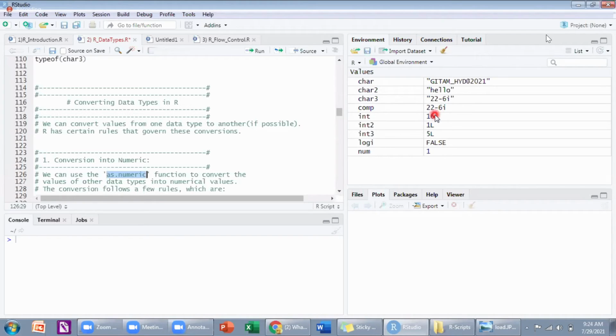Logical. I have true or false, only two things. Now tell me what will happen if true, and what will happen if it is false. If it is an integer other than 0, we get true? No, zero is for false. We are converting logical to numeric, not numeric to logical. False means 0.